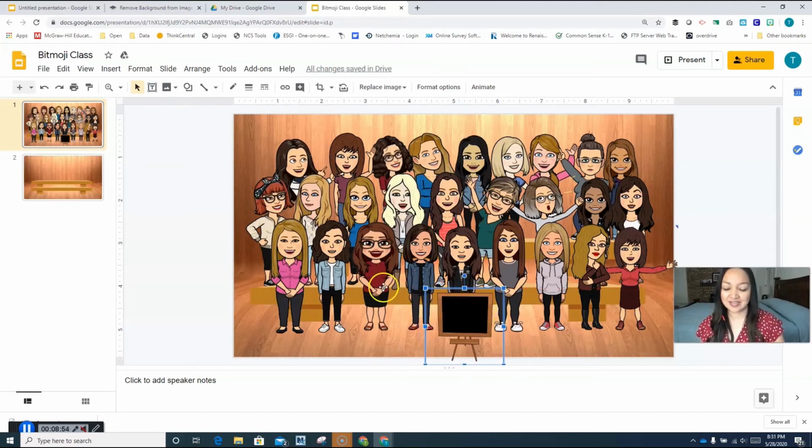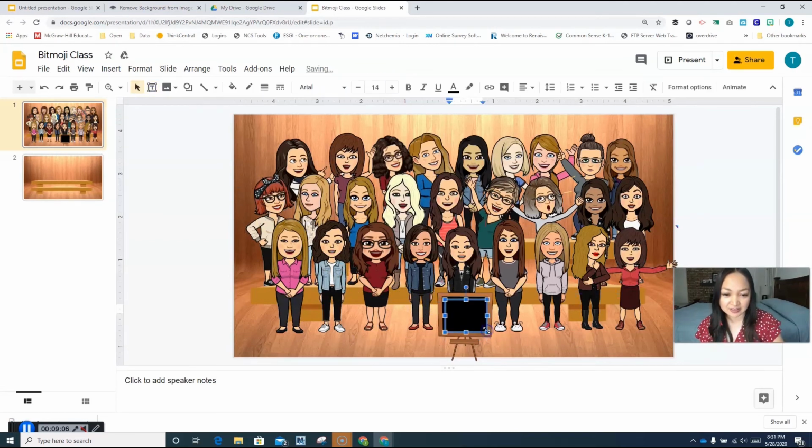and I want to be able to type in there, so I have to insert a text box. So I'm going to go up here, I'm going to insert text box, and I'm going to hover, and I'm going to click in the corner, and I'm going to drag all the way to this bottom corner. And before I start typing, I'm going to change the color to white, because if I start typing I won't see it because of the black. So now I can type,